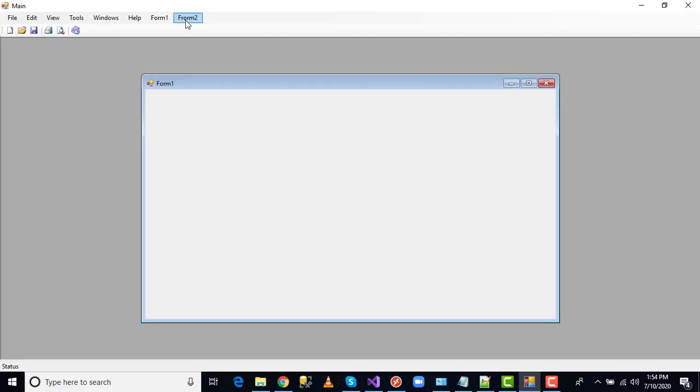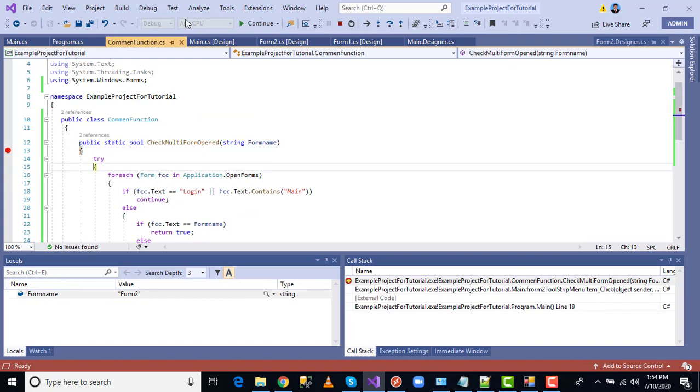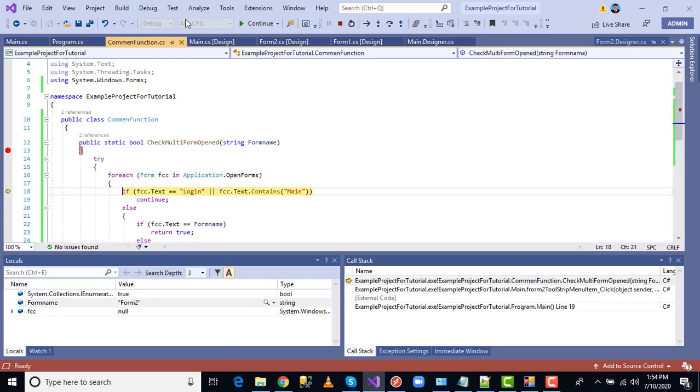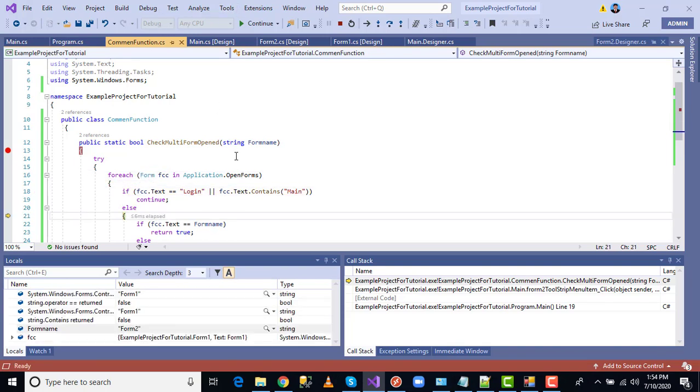Suppose I am going to F form 2. Okay, form 2 I have given, it is not open, only the form is already open. So now I'm going to give F11. So it's coming first time, it opens the main form, or the main form is already open. Again it's going to the second form. What is the second form? See, I'm pausing on form 2, I would like to open it. So here is form 1.